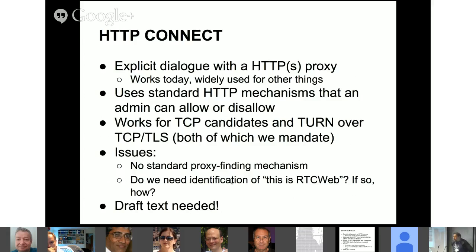Okay. HTTP CONNECT. This is a mechanism that works today. This is a mechanism that is useful in some configurations. This is a mechanism for which there is no specification. This is a mechanism for which there is no, as far as I know, IETF working group working to make a specification. So